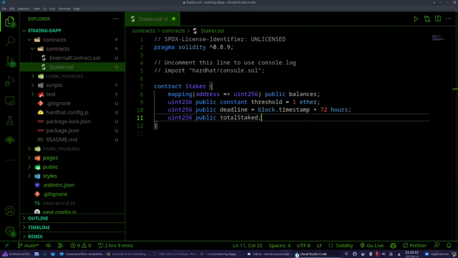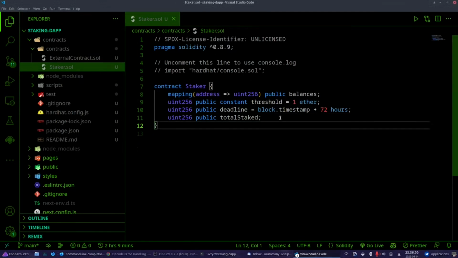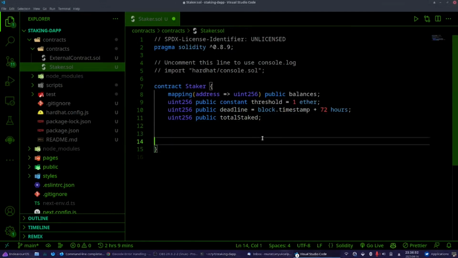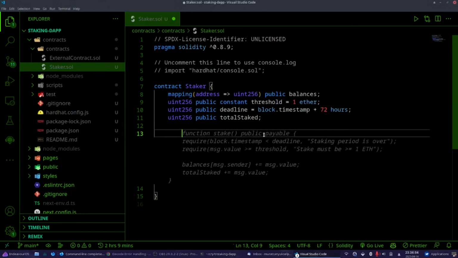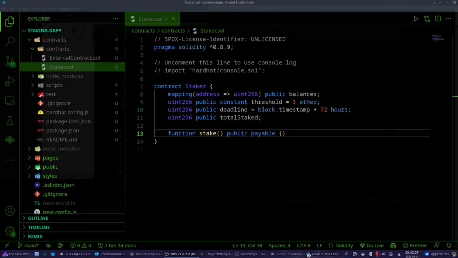Wonderful. These are the values we need. Now, to start with, remember, we want to stake, we want to deposit some money into this contract. So let's write a function, and this is how functions start in Solidity, pretty similar to JavaScript. Now, this function should be public so that it can be called outside of the contract, and it